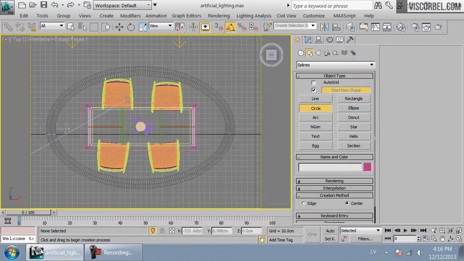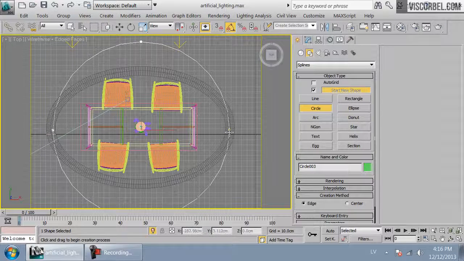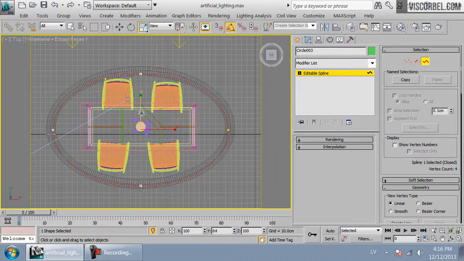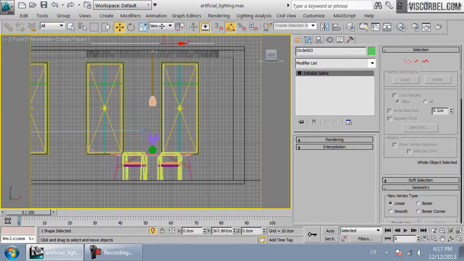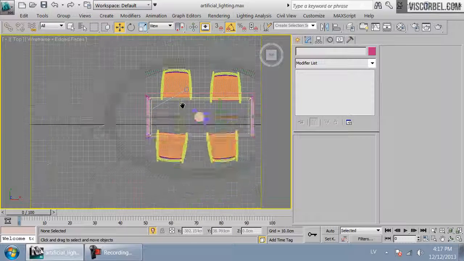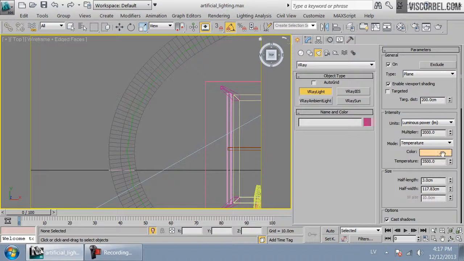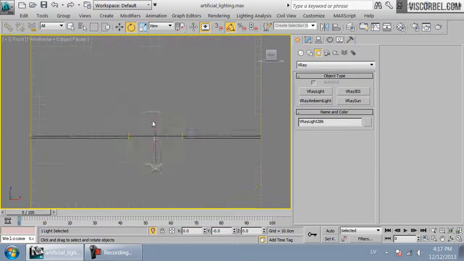with a shape. So for example, I'm gonna create a circle. Okay, collapse to editable spline and squish it like this, so it approximately matches the shape of this ledge. Okay, let's move it somewhere up here. And basically I want to take a simple vray light, set to plane, okay, I'm gonna set my size to 2 by 2 centimeters, rotate it upwards,